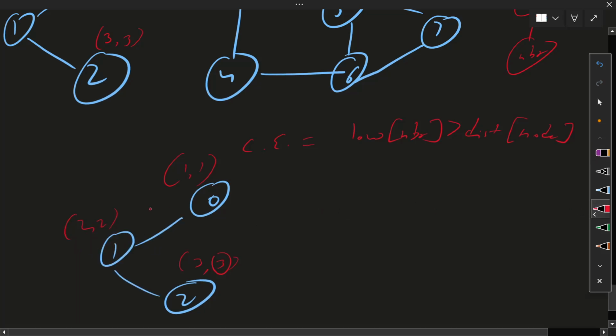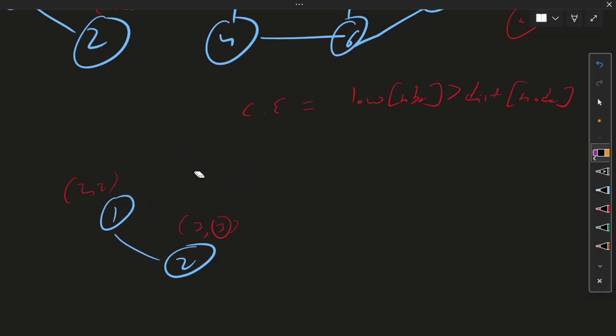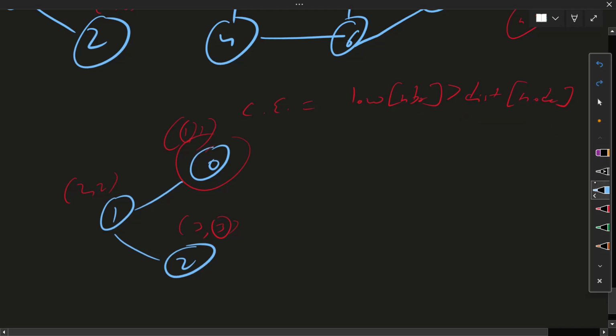Then I will again go back. If low of neighbor is greater than this, it means 0 is also a critical vertex, but this is not. 0 is not a critical vertex. If I remove 0, we still have one component. So that's why this formula does not apply for the starting node.